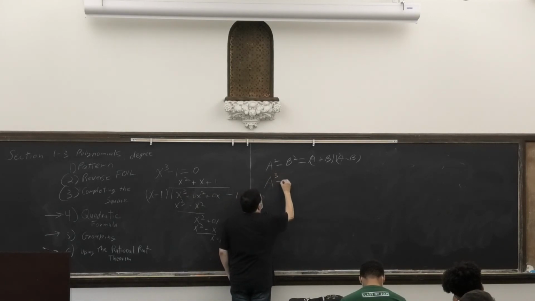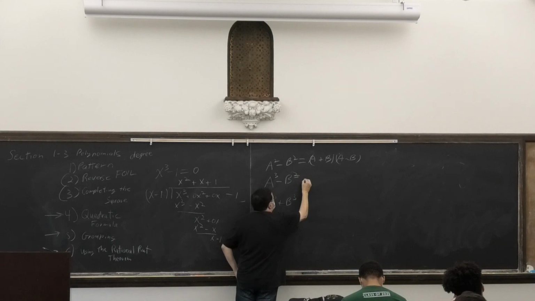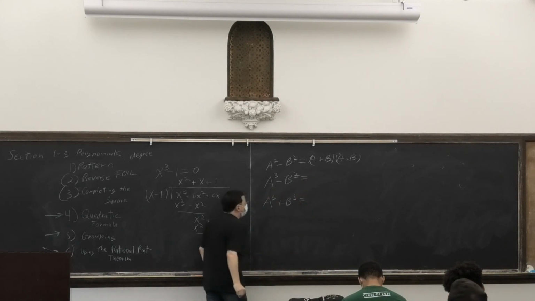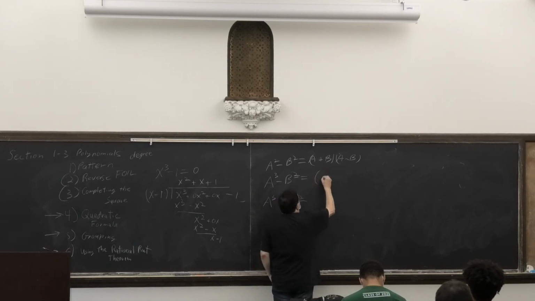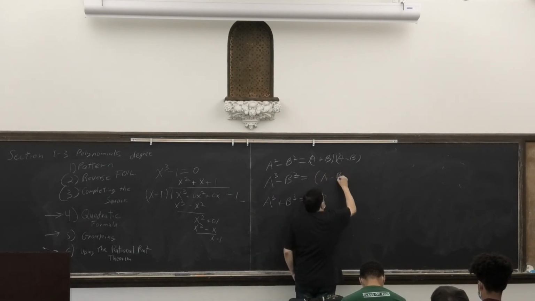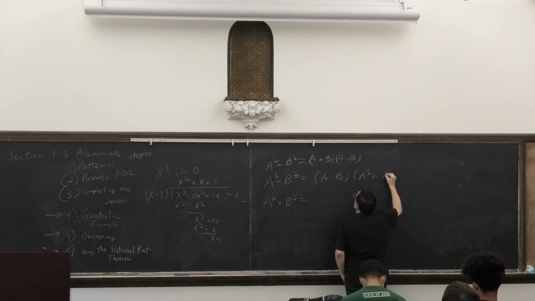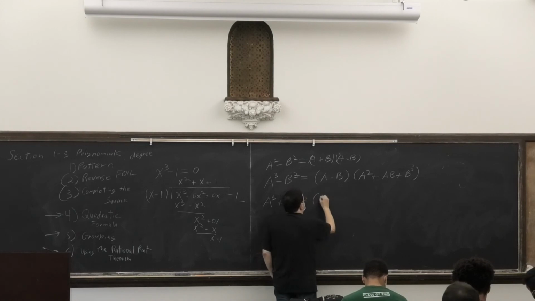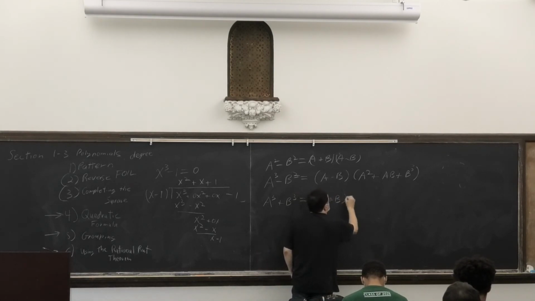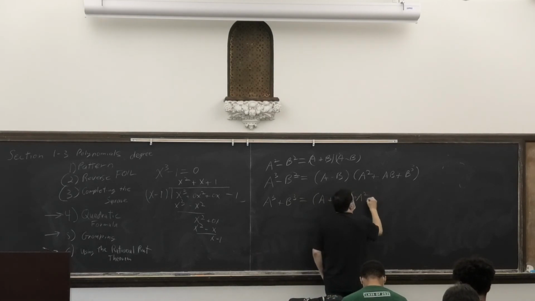A cubed minus B cubed, and A cubed plus B cubed. I believe A cubed minus B cubed is A minus B times A squared plus AB plus B squared, and A cubed plus B cubed is A plus B times A squared minus